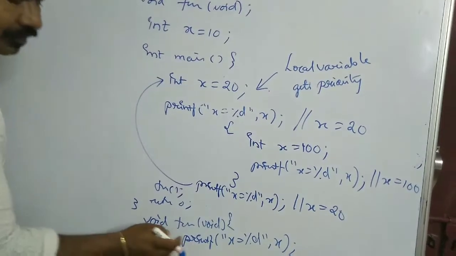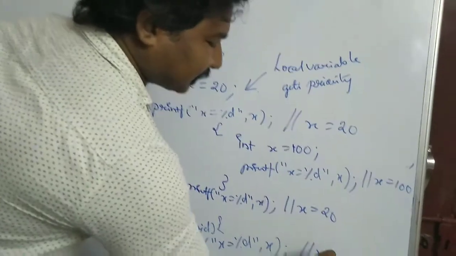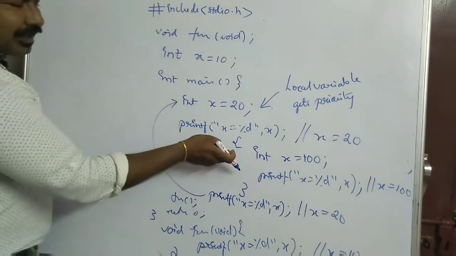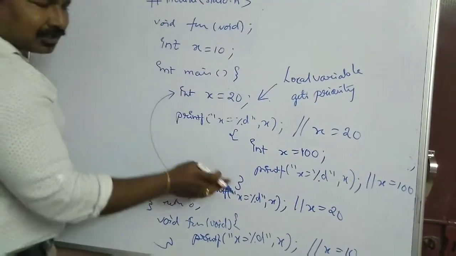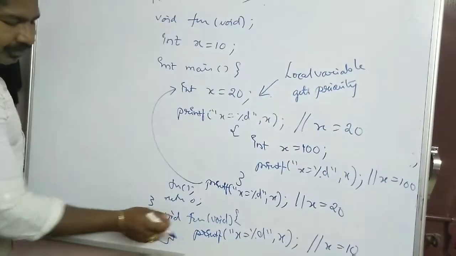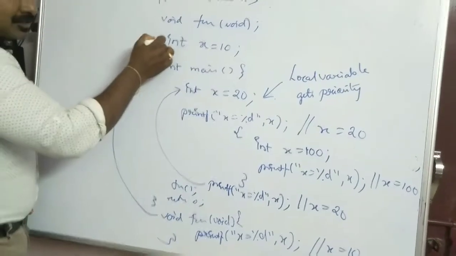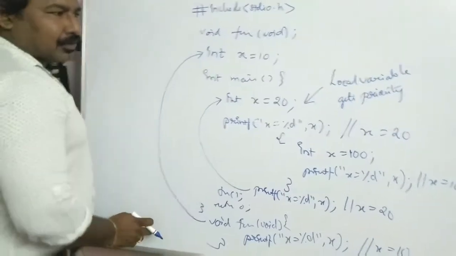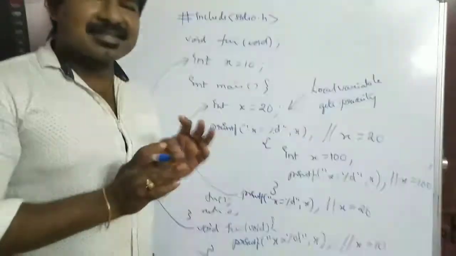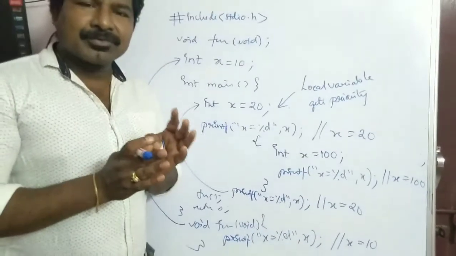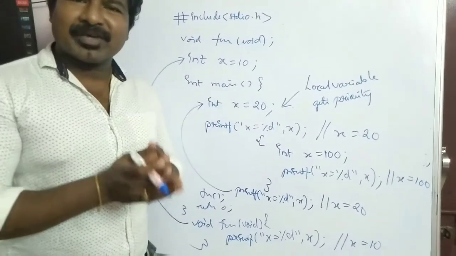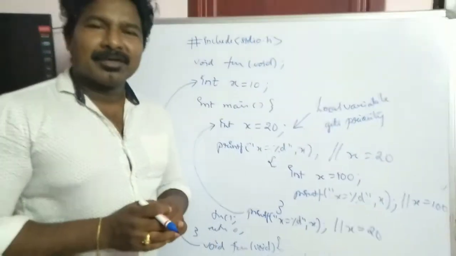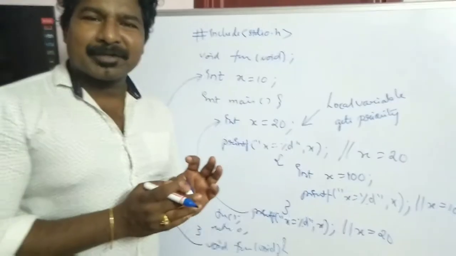Okay friends, so in this case you will get x equals to 10, because this particular function does not know the x of the main function, the x of this particular block. Fun function only knows a variable called x, which is an external variable or a global variable. So it will print the value 10 here. Okay friends, so with this example we can clearly say that the same names can be used for the global variables as well as the local variables, but always the preference will be given to the local variables only. Okay friends, so this is a small concept about the scopes and lifetimes of the variable.